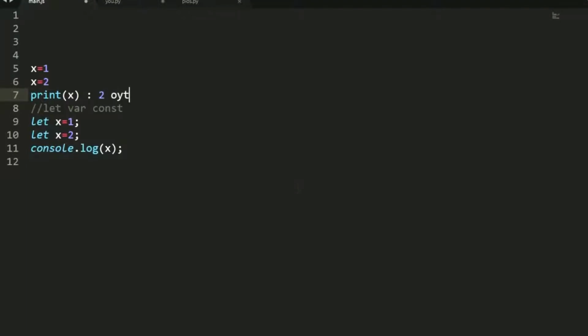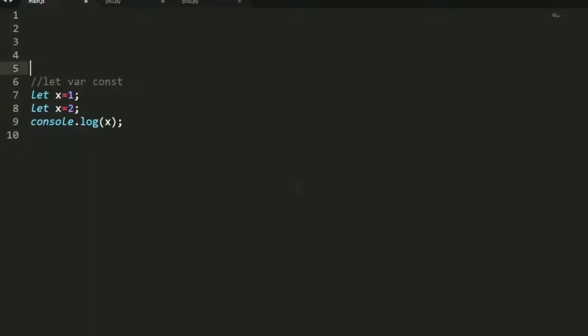If we're talking about Python, okay, but in JavaScript, this let is a block variable, not a global variable.